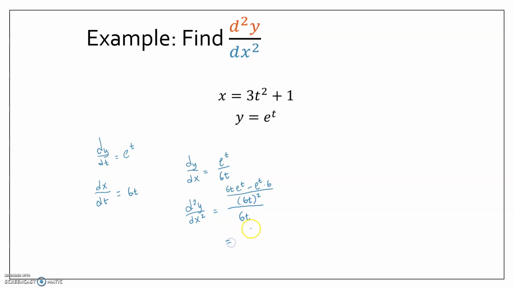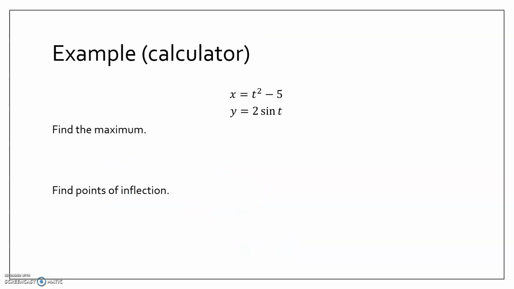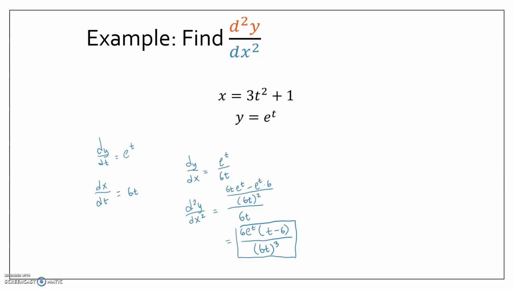So if I do a little bit of simplifying, I can get a 6 e to the t out of the numerator, and I have 6t cubed in the denominator. And I'm going to call that good. I could cancel 6 out, I suppose, but it's not really that big a deal. So that is my second derivative. And I could now figure out the concavity at any point. I'm actually going to not do this one because I'm going to have you